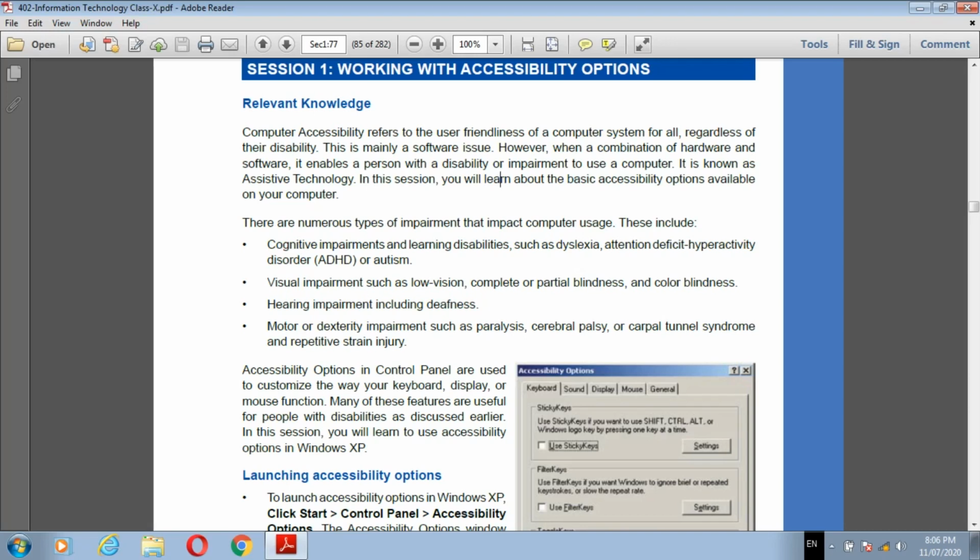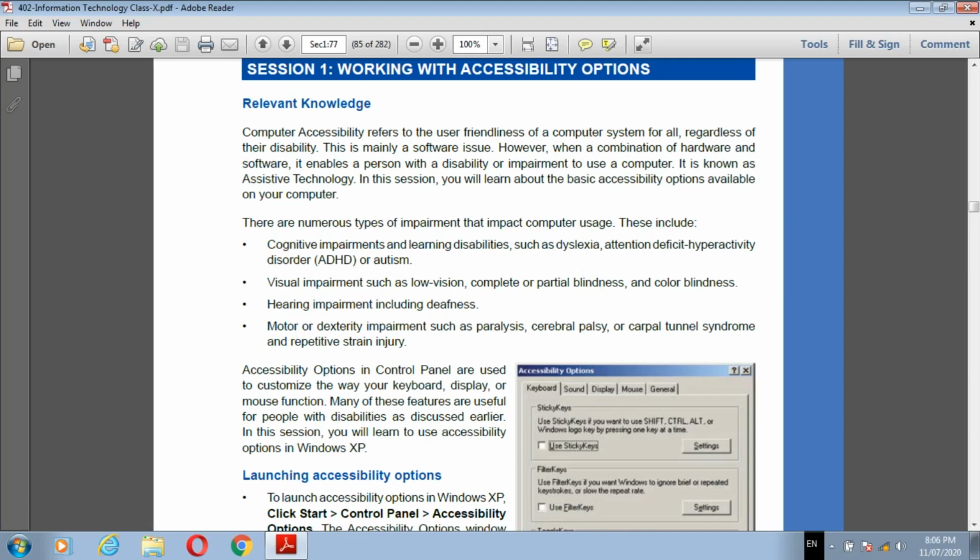So all these people have some disorder or disability, like visual impairment, low vision, partial blindness, color blindness. Again, some people have deafness, hearing problems or hearing impairment, again cerebral palsy.